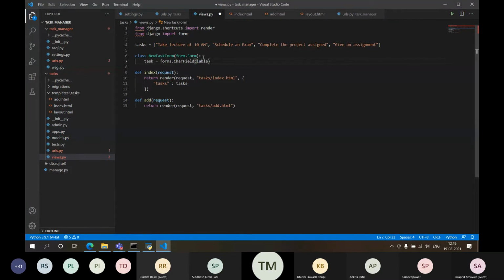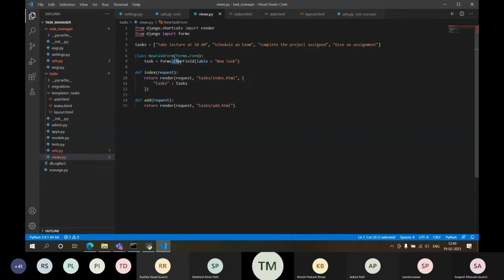So label is equal to "New Task". Okay, so I want this. This is my form. I'm sorry, this should be forms, and again this should also be forms.